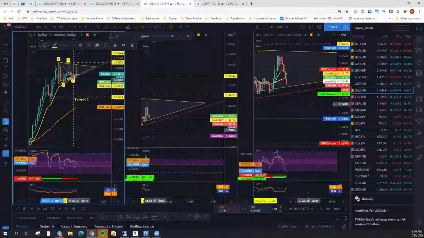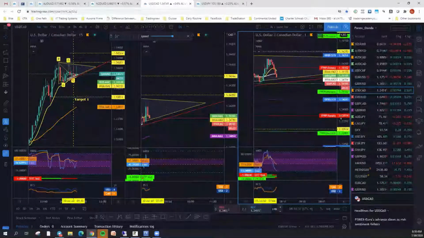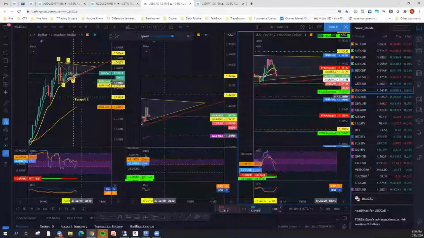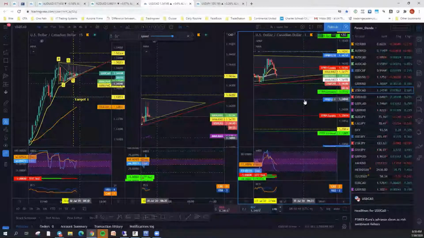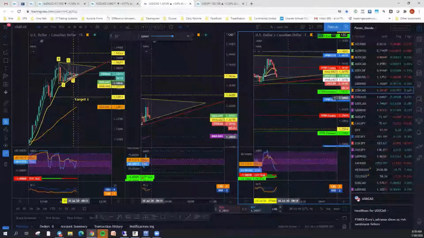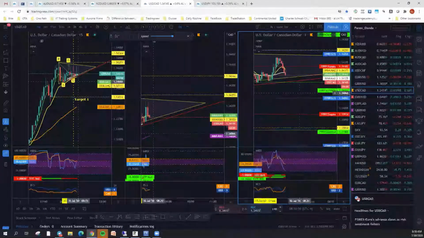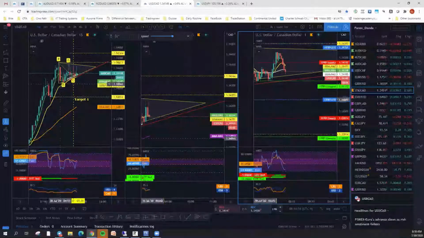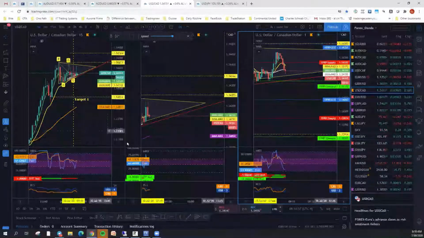Target 1 right there. You have plenty of room to the downside. Right now we've got some pip lines right here. These are about 7 pips apart. So if it does break the wedge, we have a potential of getting all the way down to, this could be a 21 pip move down to this side. It'd be pretty much clear sailing once it breaks the A part.